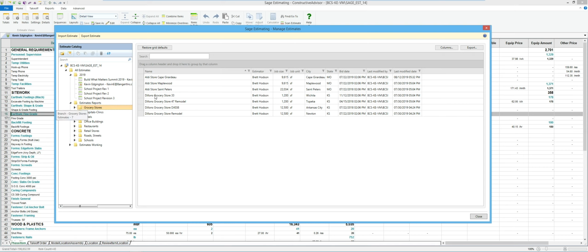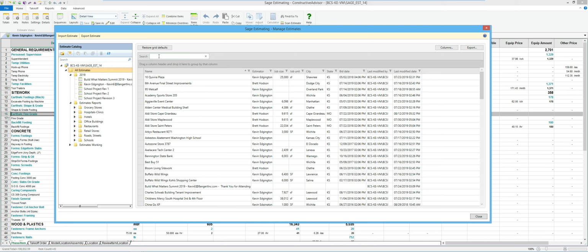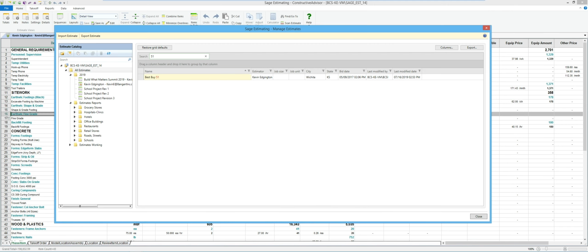So if I come back and I'm looking at, even like, all my estimates, I can come up here and start putting in parts of a search that doesn't really matter what it's in relationship to. So maybe I've got some project that I know had a building number associated with it. If I said like 51, that'll go through and basically filter anything that has 51 in any of the different content that it could find out there.